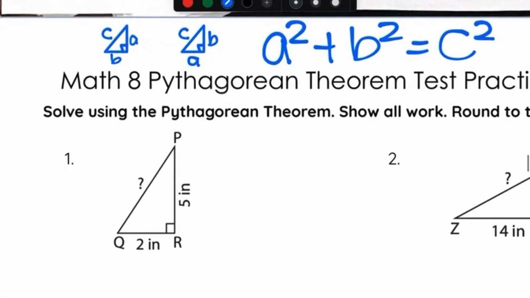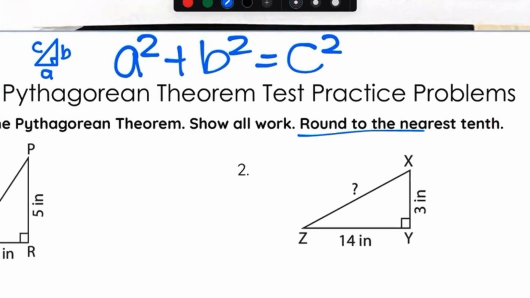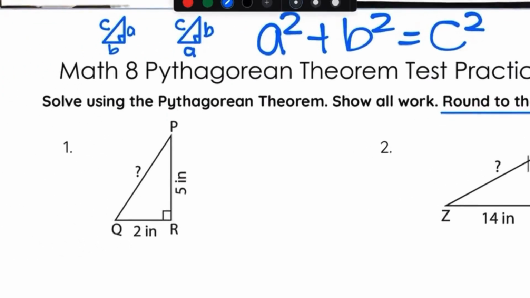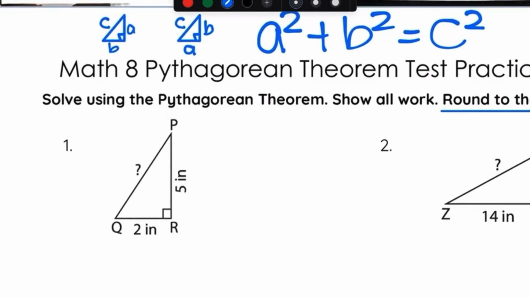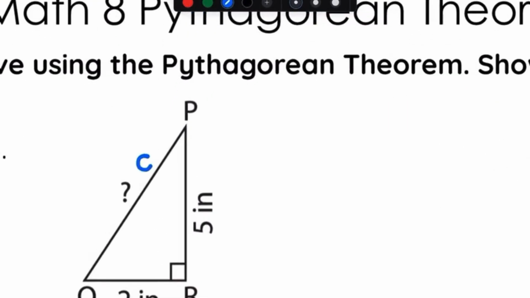When I look at number 1, it says, first off, we're going to round all answers to the nearest tenth, and we're going to show all of our work. So when I look at this, I see my right angle. I look directly across, and that would be my C value. So I'm going to go ahead and label that, and then I'm going to say this is A and this